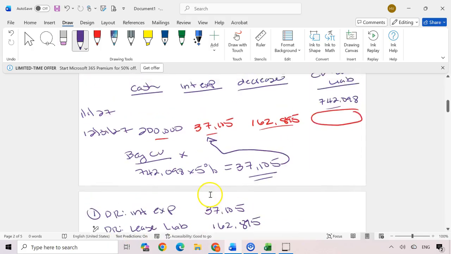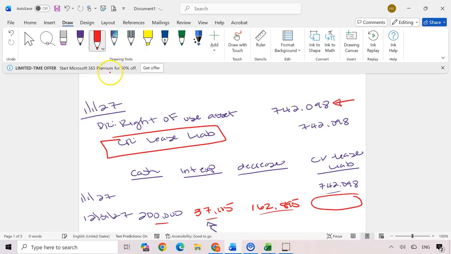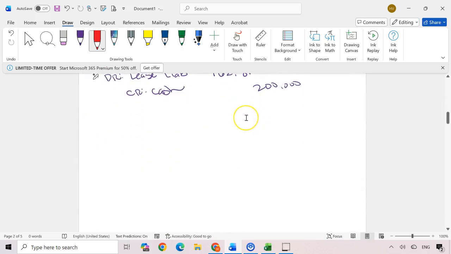The second entry, so that kind of addresses what we do with this lease liability account. The second entry that we need to deal with is how do we amortize this right of use asset down? So the way we do that is we do it straight line. In a finance lease, we're going to do it straight line over the term of the lease. So we're going to take 742,098 divided by the term of the lease, which is 4 years, which equals